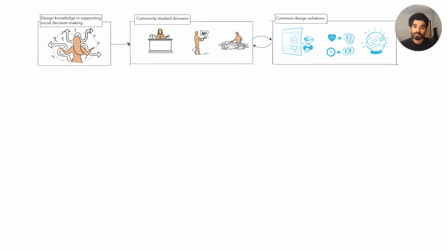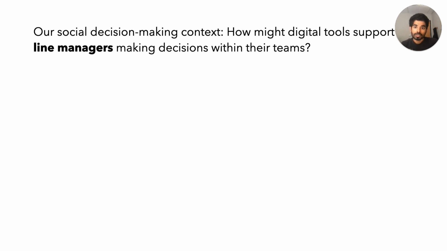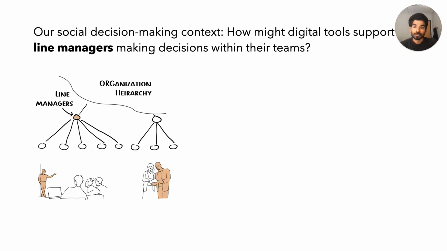So that's a quick summary of the state of design knowledge in supporting social decision making. And this is the body of knowledge to which we hope to contribute. So our social decision making context, or the question we were interested in answering, was how might digital tools support line managers making decisions within their teams? And this was motivated by the fact that there's been growing interest in how digital tools can support workplace decision making. So we were working with one organization that is interested in exploring such supports, and specifically we are interested